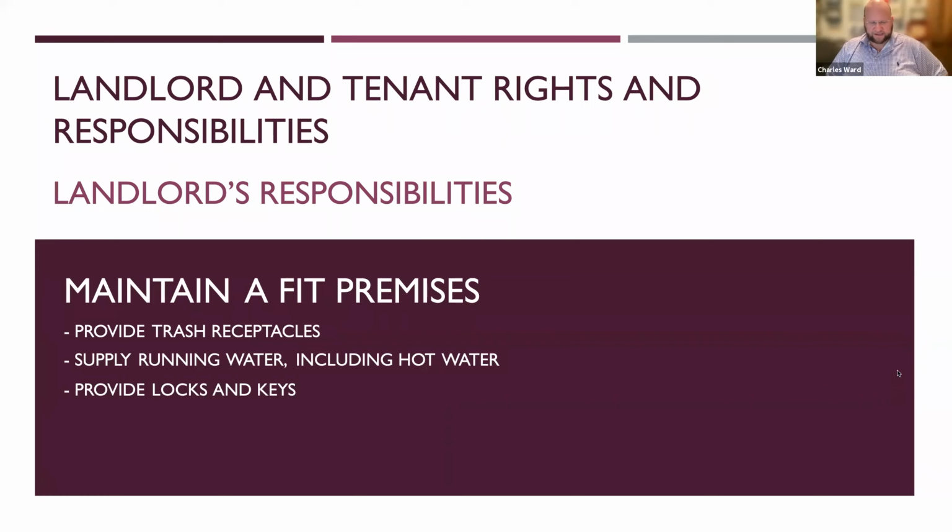Landlords provide locks and keys. The locks need to be adequate to provide safety for the tenant, to provide safety for their belongings. So probably on outside access doors, maybe especially the front door, may require a deadbolt. Certainly they need to be locks that are not easily overcome, or a lock that really doesn't provide any of the protection that a lock is supposed to provide.